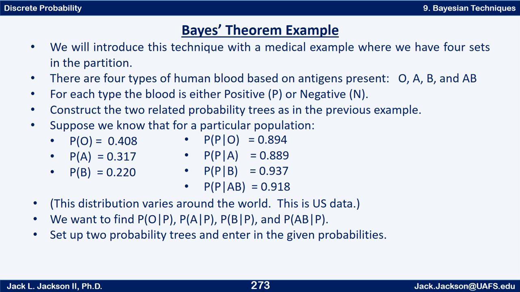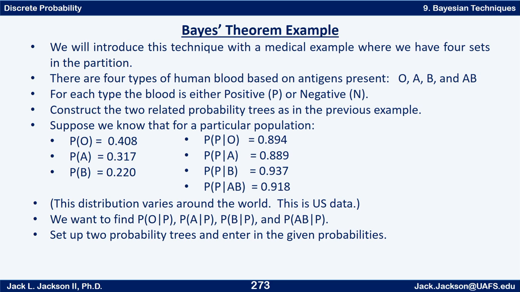The probability that it's positive, if you know it's type O, is 0.894. The probability that it's positive, if we know it's type A, is 0.889. The probability that it's positive, if we know it's type B, is 0.937, and for AB it's 0.918. By the way, this data varies a little bit from region to region, but this is some data that I pulled for US data, so it's probably pretty close at least to what's actually happening in the United